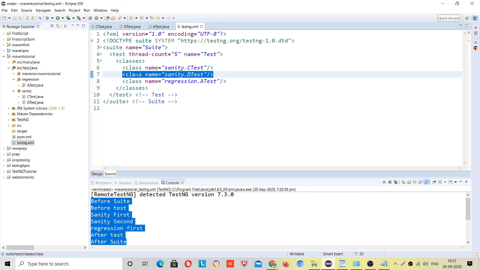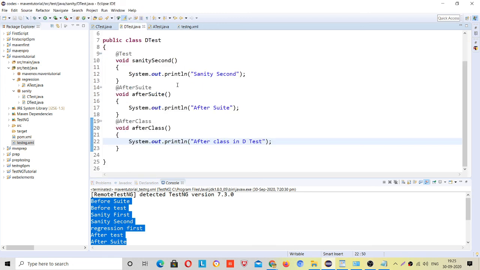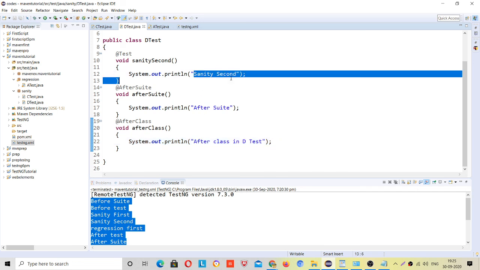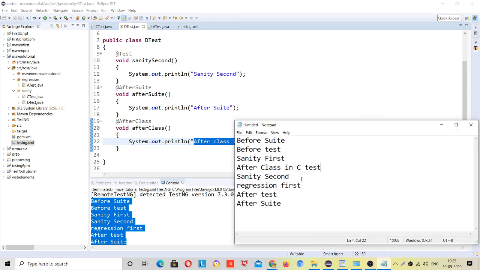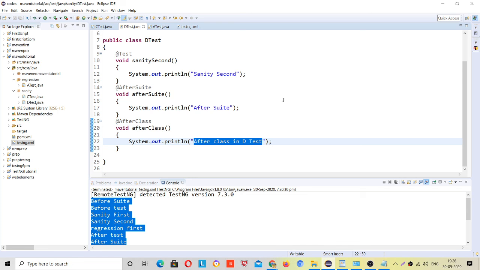Then this line is executed, and it will come to the second line, going to D test. Any before class? No. Any after class? Yes. So after sanity second, it will execute this after class in D test. We have included it in these two only, and let me run.